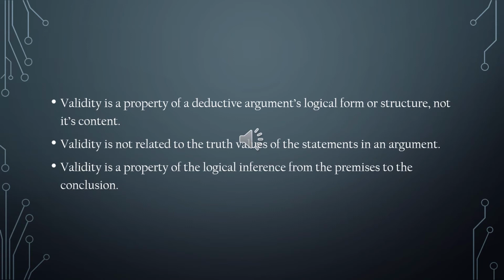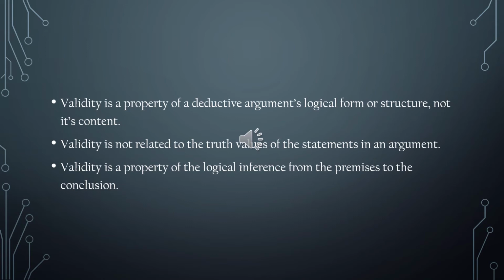And this third way of testing for validity focuses on that property that valid arguments have, which distinguishes them from invalid arguments. Now, valid arguments we know are truth-preserving, and invalid ones are not truth-preserving. What is it about some deductive arguments that makes them truth-preserving or not? And the answer to that is that truth preservation or validity is a reflection of the argument's logical form or